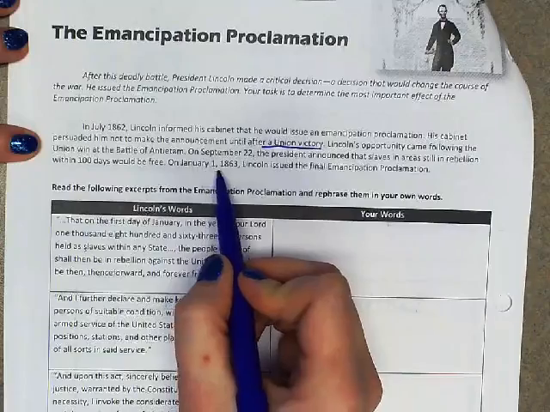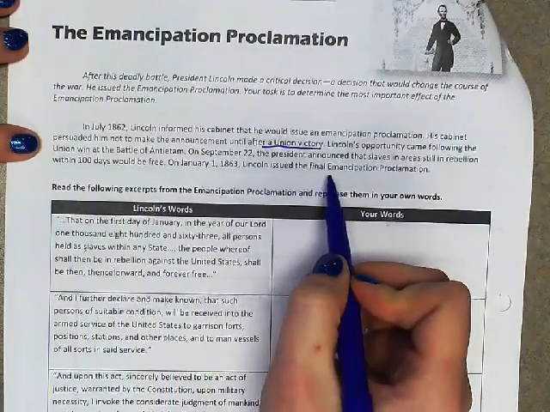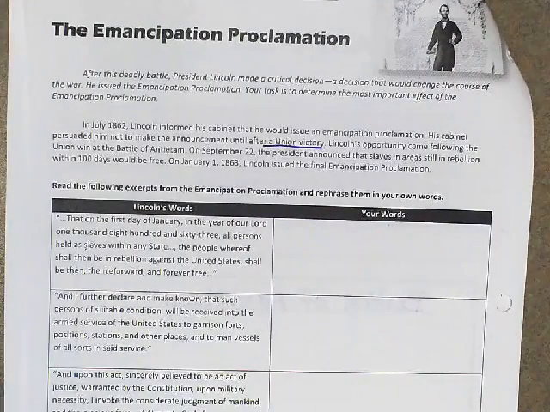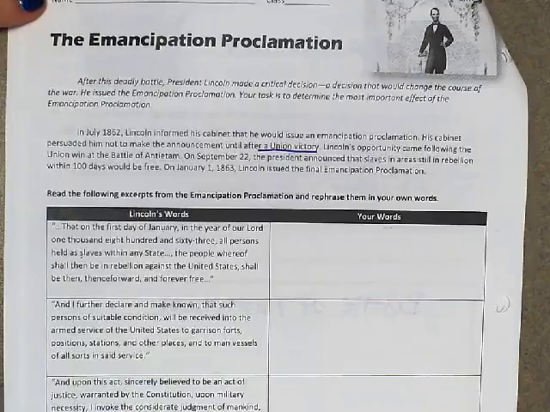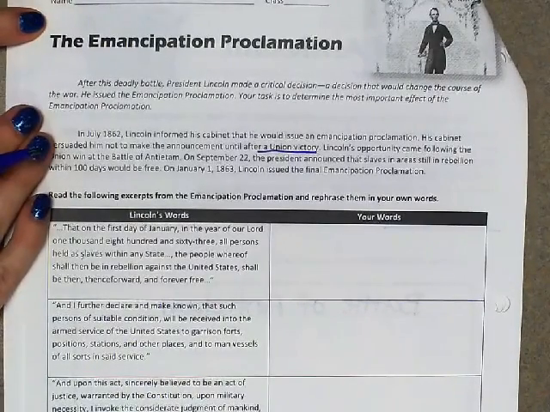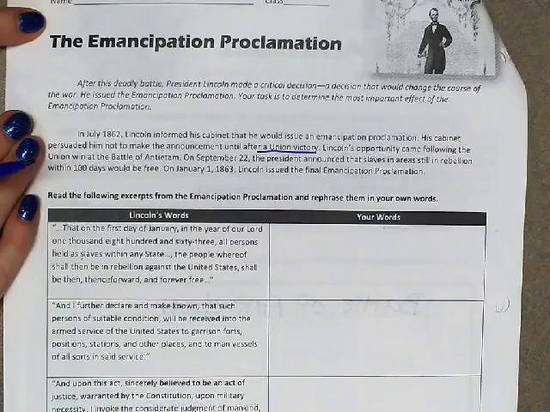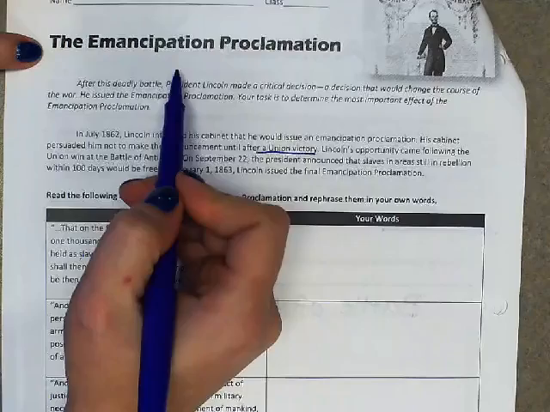On January 1st, 1863, Lincoln issued the final Emancipation Proclamation, freeing all slaves. And so we're going to look a little bit more into this, and we're also going to look at the effects. But this is huge, and this is also a big part of an amendment that's going to come up, but he's going to use this as a military tactic because the Emancipation Proclamation is not the law,